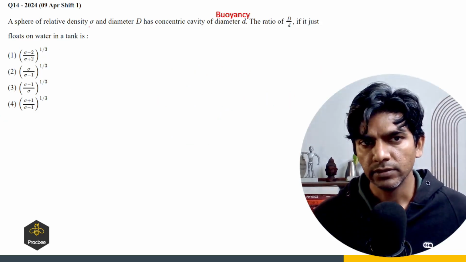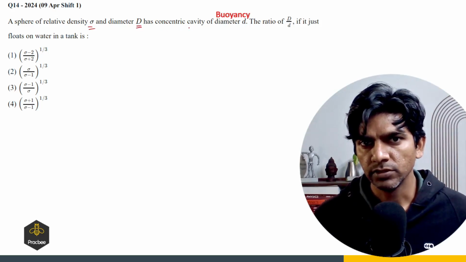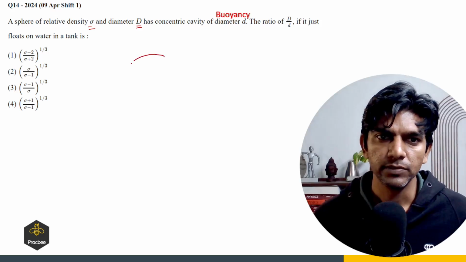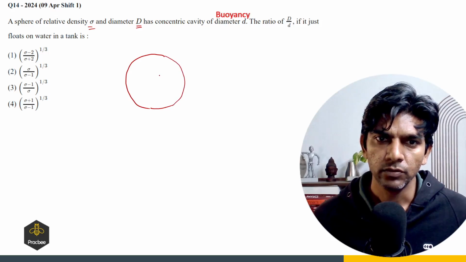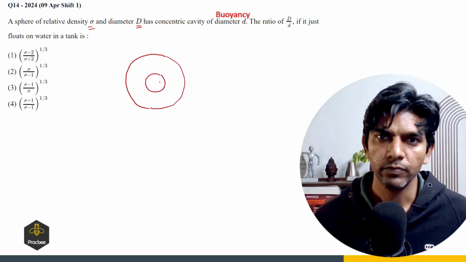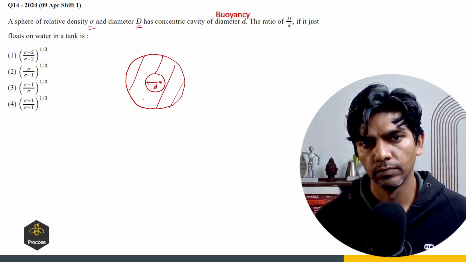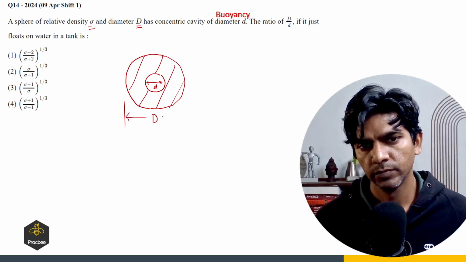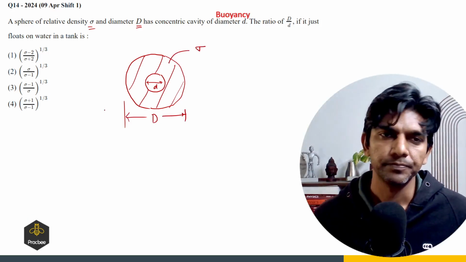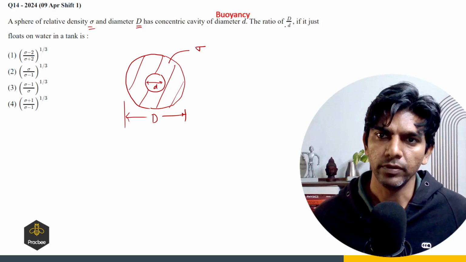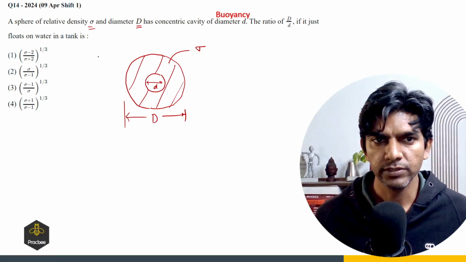A sphere of relative density sigma and the diameter capital D has a concentric cavity of diameter d. So there is a sphere and it has a concentric cavity of diameter d. This is capital D, the outer diameter. Its relative density is sigma. The ratio of D by d if it just floats in water. So if it just floats in water,